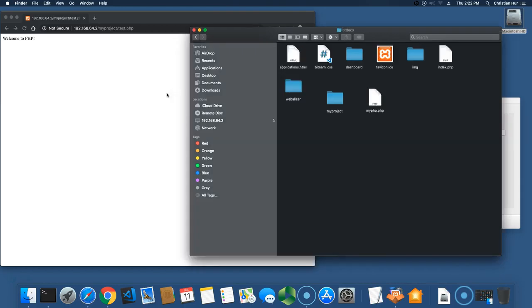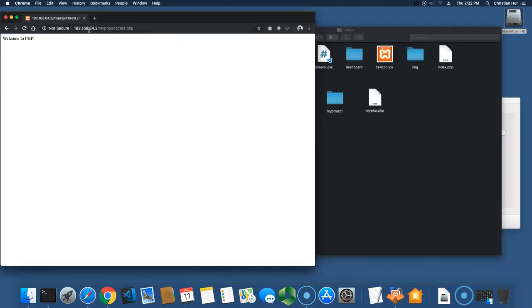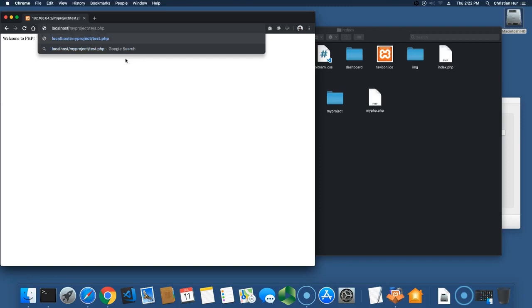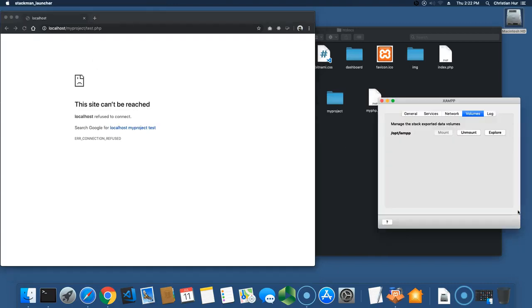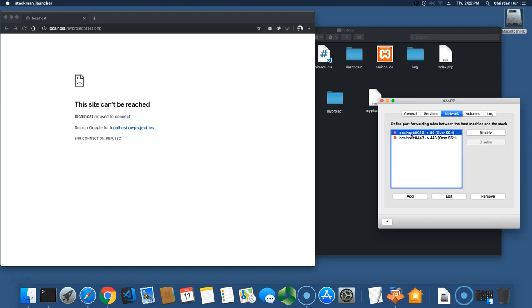Okay. All right, so now back to the dashboard. Again, notice the IP address is 192.168.24.4. If you want to use localhost, okay, you can't in this case because it's not created, it's not allowed. So to do that, you need to go into the network here and change and activate this. Right now it's port 8080. This is default. You can change it if you want, but I just figure, leave it as is and just